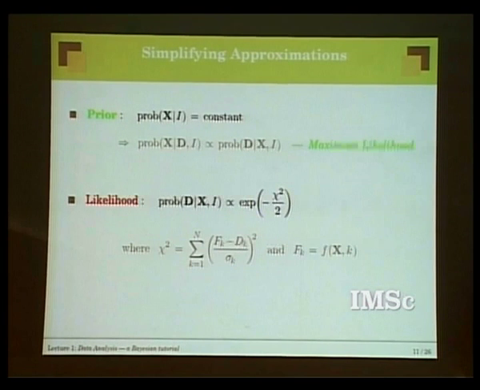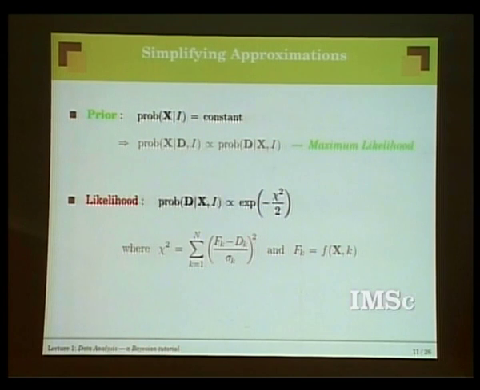We can go further if, in addition to the prior, which is essentially invariant over the appropriate range, we start making assumptions about the noise characteristics of the data as well. One thing people often assume is that your noise is Gaussian, additive and independent. I'll show you tomorrow. You don't necessarily have to make these assumptions, but classically that's what you do. If you make those assumptions, your likelihood function simplifies to something of this form, e to the minus chi squared over 2,